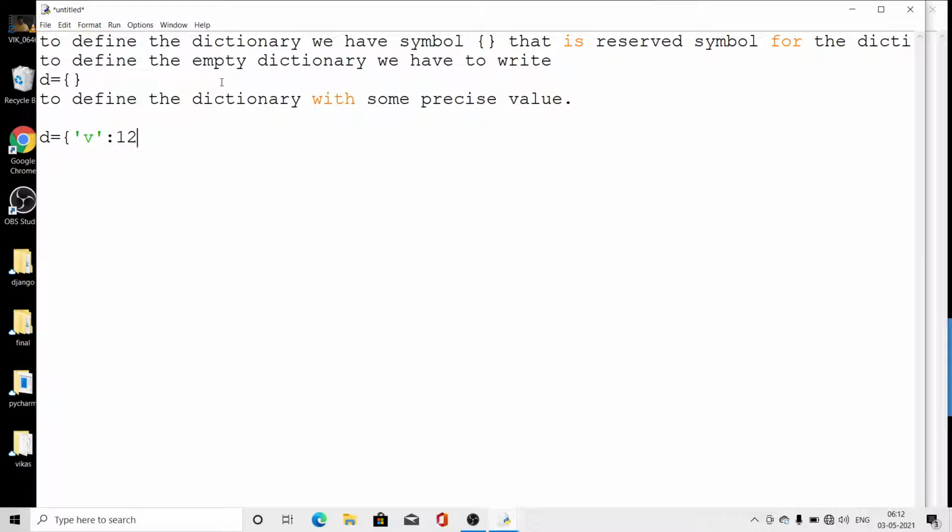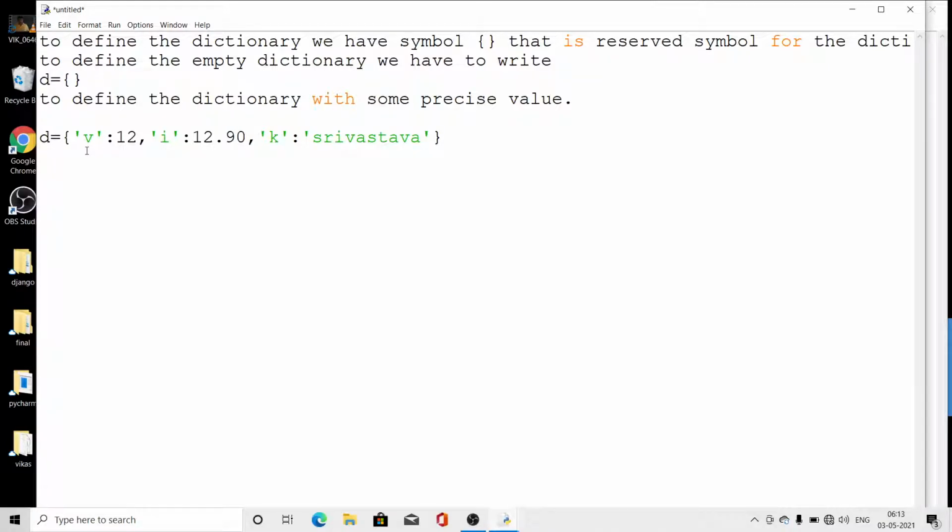Then one key is separated by a comma from the other key. Then I have defined float values, then again a comma, then again a key and its value in the form of a string. So this is the way we can define the dictionary with some previous values.